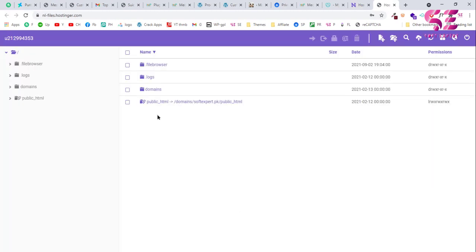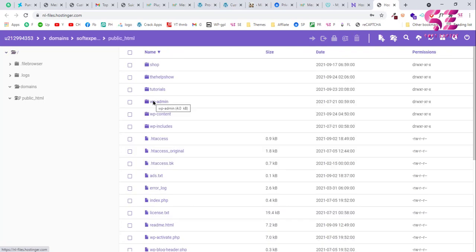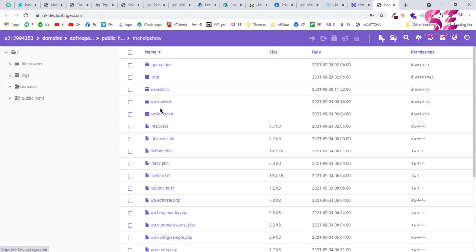Every cPanel has a different view, and this is the hosting in which the file manager looks like this, and in most cPanels the file manager will be the same, and you will also see these folders when you log in with FTP. So just go to public_html, and I am using a subdomain which is this one. You will just need to find the wp-content folder, which is this one. So just go to the wp-content folder